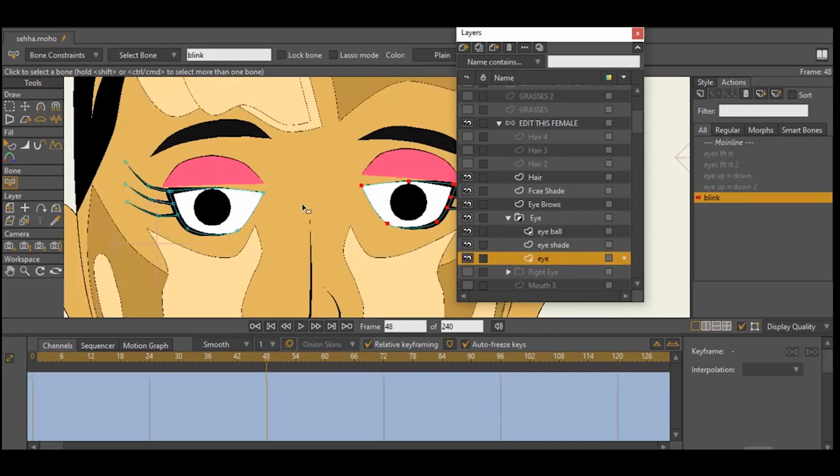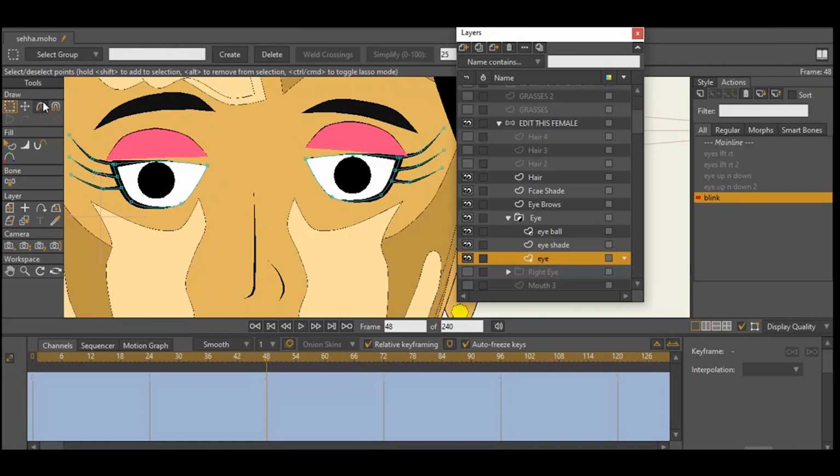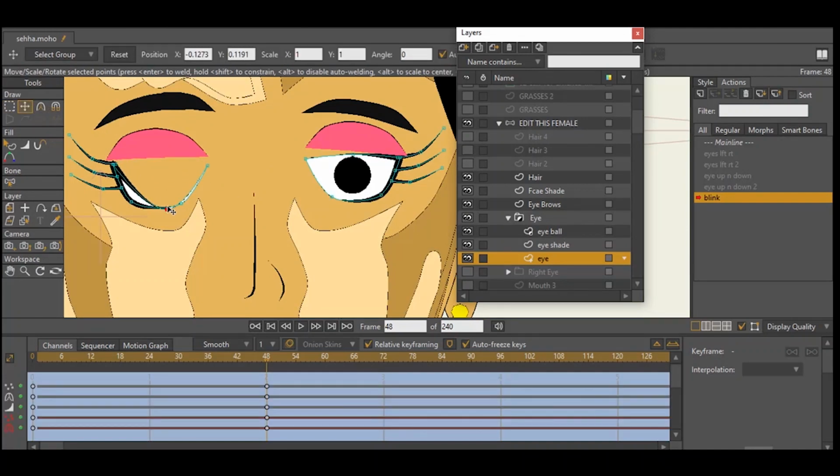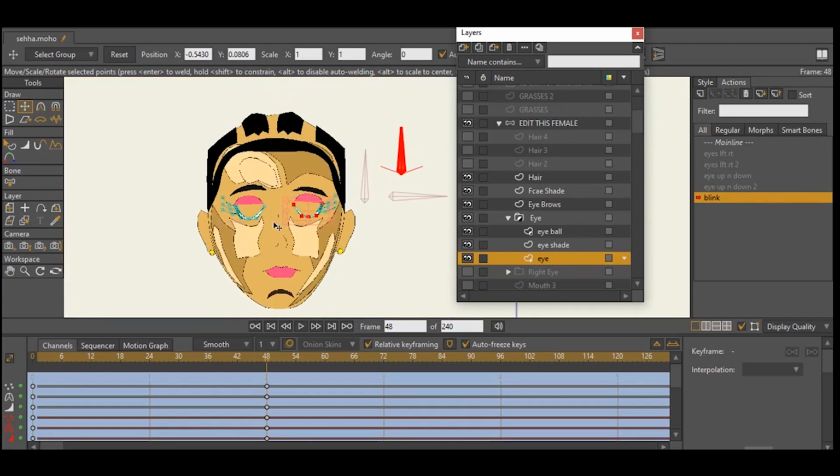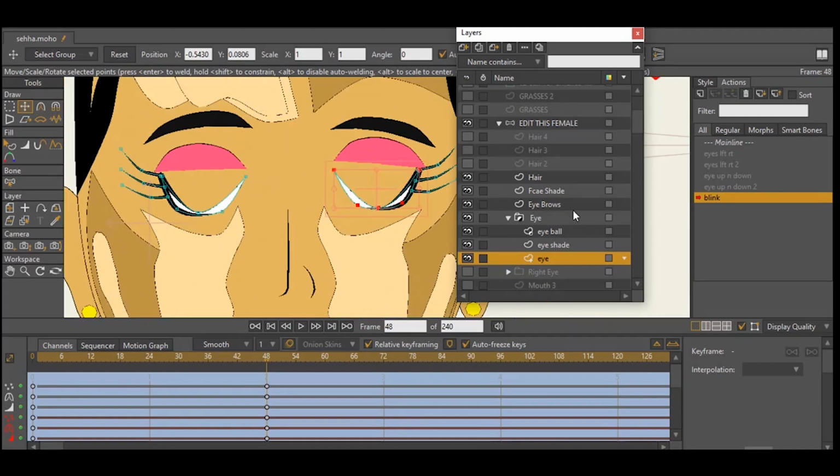So to blink the eyes now is quite simple. Since everything is maxed out, all I just need to do is drag the main eyes down like this, and we have the eyes blinking. I don't have enough points here to play around with, but we could assume that this is just a blink for her. But when an eye blinks,